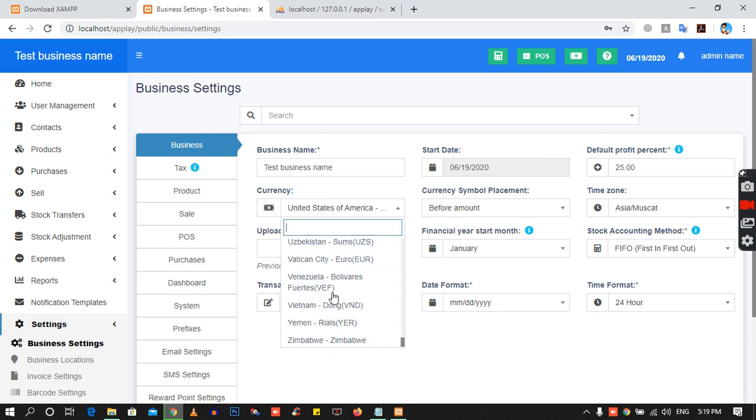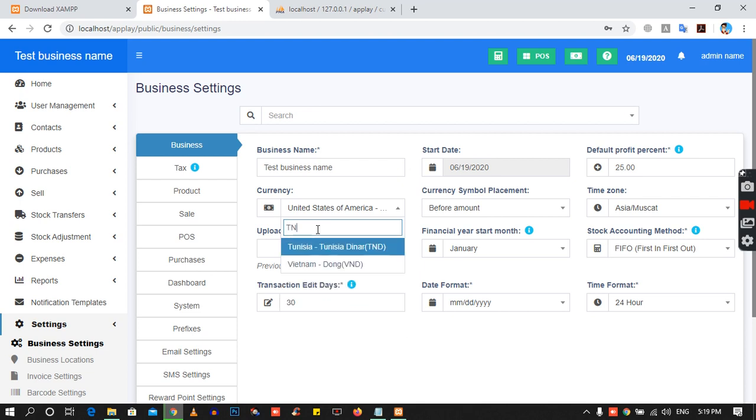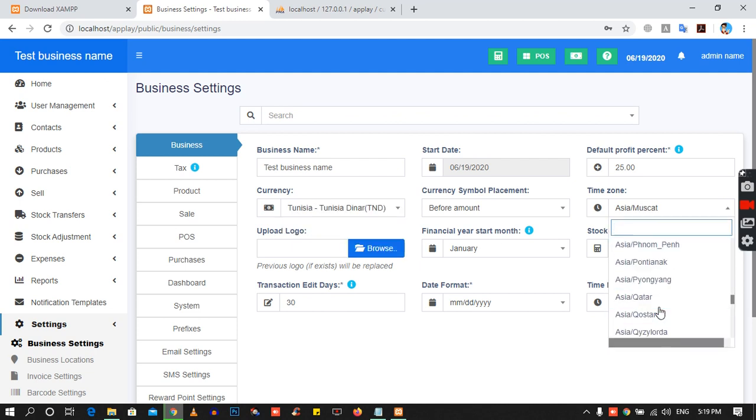Although many languages are present in our software, if any language is not present, you can follow the instruction. Now we have added the TND currency. It is present now, showing it here. We can add it here. We can put our correct time zone here,